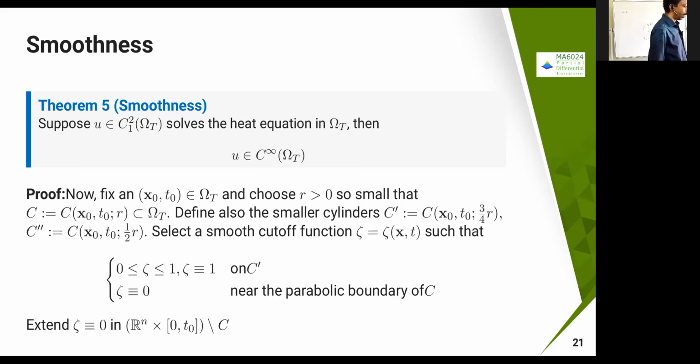Now I am going to select a smooth function, theta, satisfying this condition. I'm just choosing a smooth cutoff function. I'm going to use this to cut off some of the values, so that I can write the kernel in terms of the convolution between this cutoff function and the fundamental solution. Then from that, I'm going to claim that this u belongs to C.